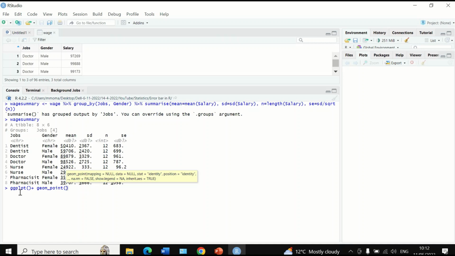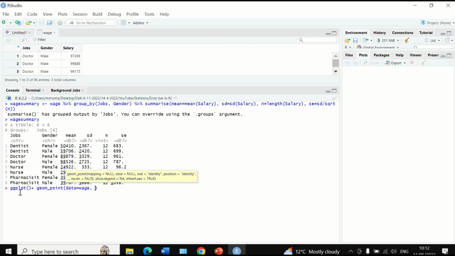In the y-axis, we'll place the salaries, and on the x-axis the jobs grouped by the gender. And to do that, within that bracket type data, which is equal to the wage, and then